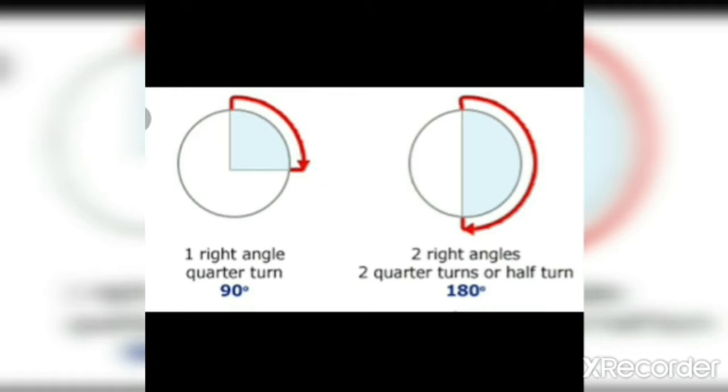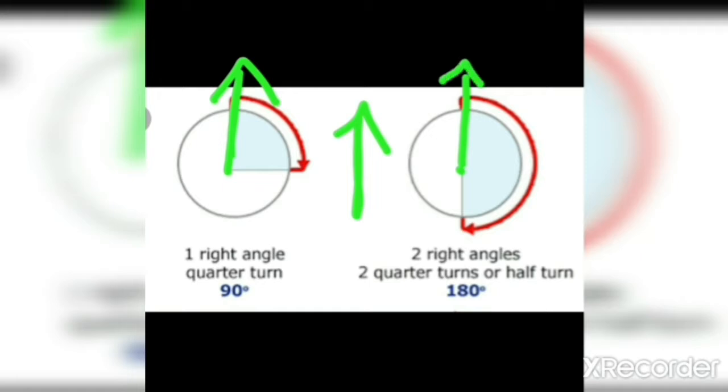Let's learn how to rotate an object and how the object looks when it is rotated by 1/4 turn or a half turn. Let me draw one arrow. Suppose this is our object. I am drawing in this way, okay? This is the center point and I am drawing the object arrow. One right angle is a quarter turn.